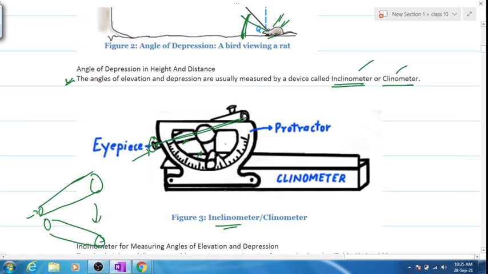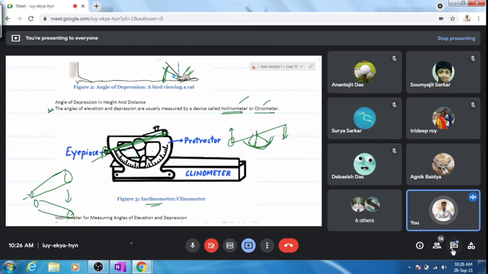This is a telescope sort of a thing, and it has a fulcrum out here and it will go up and down out here. Okay, this is the eyepiece, and as soon as this is moved, this thing is attached to a reading on a protractor. So as soon as this thing goes down, this thing will move out here and you will get the reading at the protractor. Please confirm if this is clear or not.